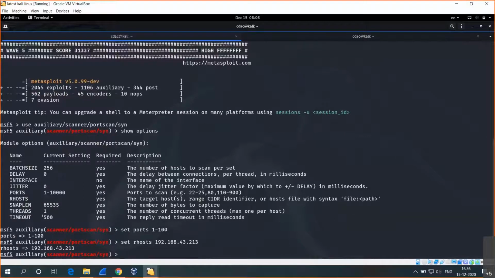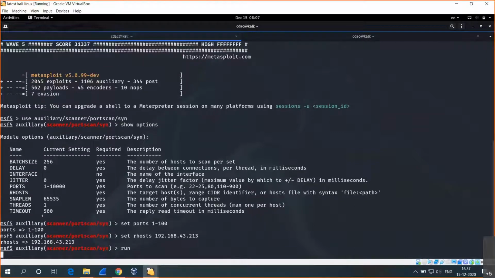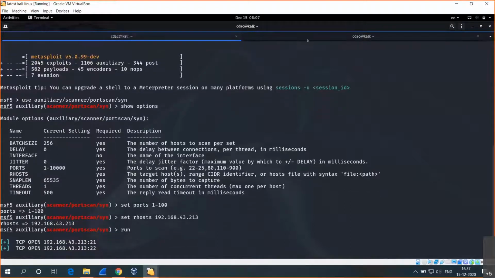So now what we will do, we'll start the scanning using the SYN scan. For starting this, use the command called run or exploit. So now we have started the SYN scan, and it will list out what are the services that are available in that remote host. Before that, we will check whether we are able to reach that remote host or not.